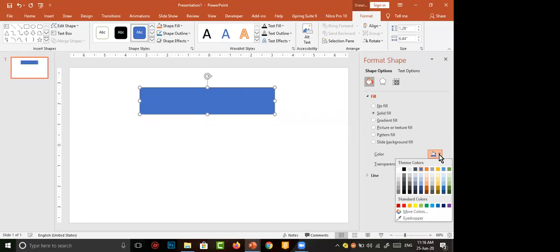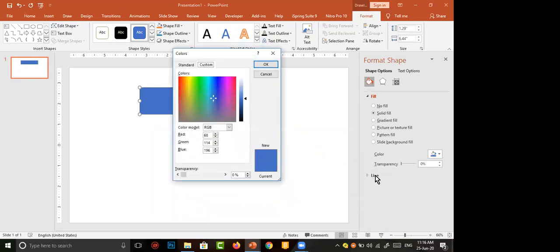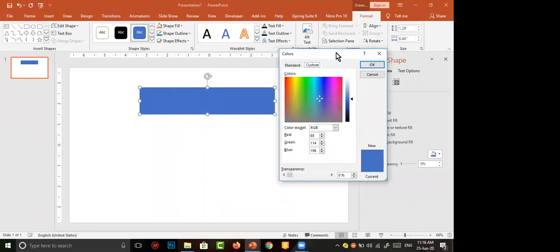I click on the box. Suppose I don't want these colors, I want to add some more colors. We have to move to more colors in the same box. After clicking on more colors, we get a box like this. I want to apply a pink color shade.